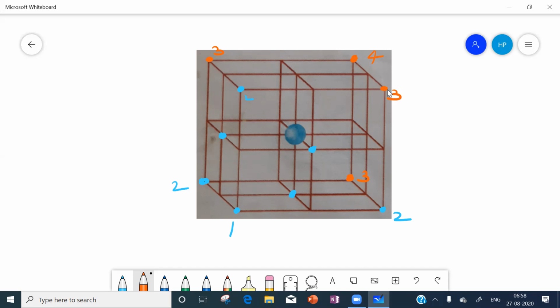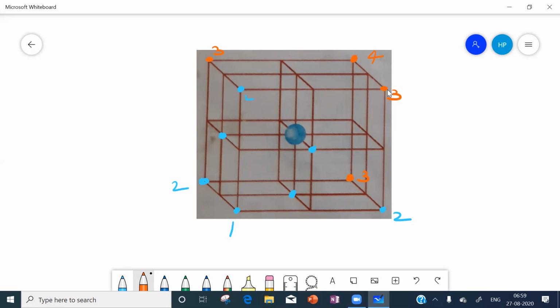So how will the layers be, do you think? This second layer, what is it? This corner, this corner, this corner are in the second layer. How will that layer be? Do you think it will look parallel to us? No. The layer is standing in front of us like a cross. So how will the third layer be? See, this corner, this corner, this corner are in the third layer. It is just like a cross.